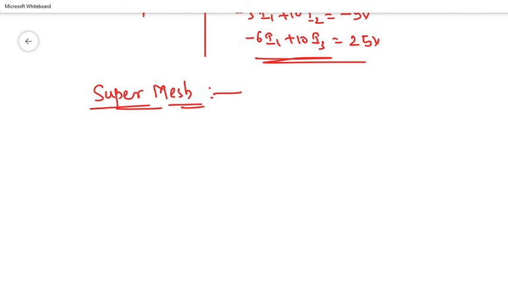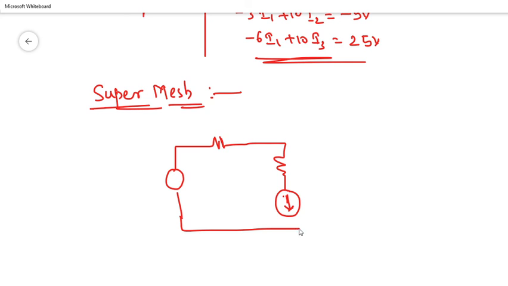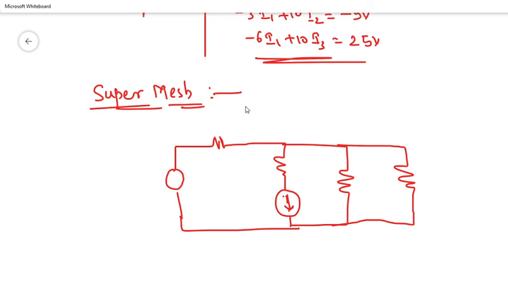So I'll draw one circuit here and I'll explain. Just let us take, this is a voltage source and this is having a resistor, and here we are having one more resistor, and let us take, this is a current source. This is a current source, and then same here we are having another resistor, and here we are having one more resistor, for example. So let us take, this is a circuit. So here this is R1, R2, let us naming this one R3 and R4, and here current is, let us take, that is I, this current is I, and here this is a voltage source V.